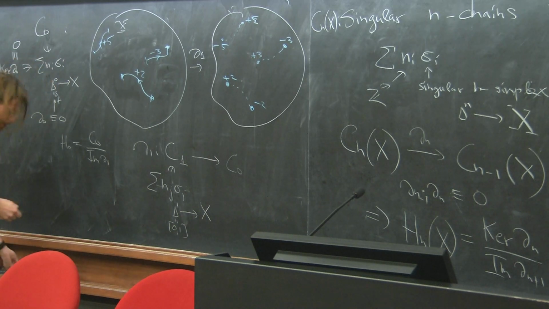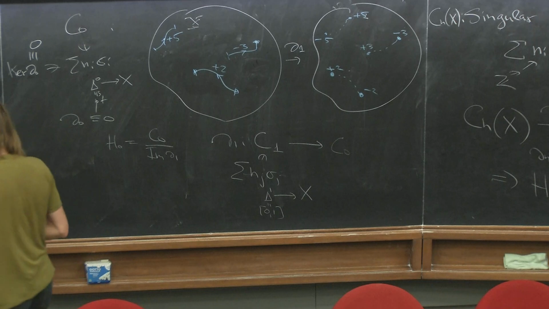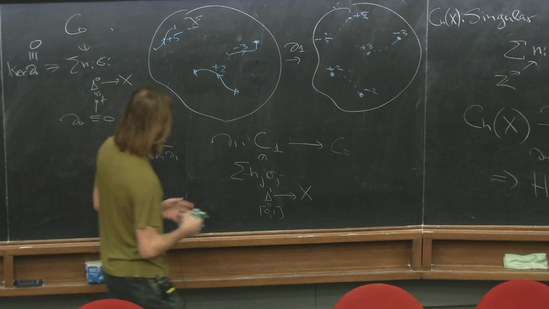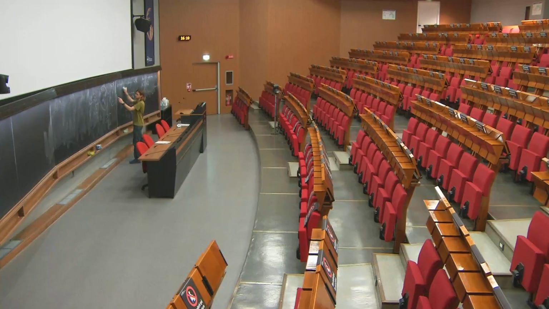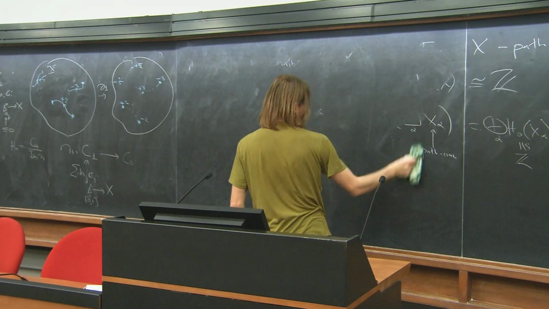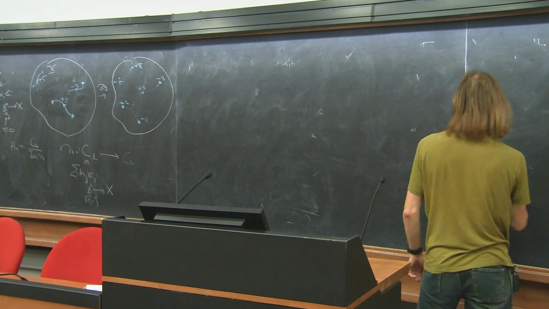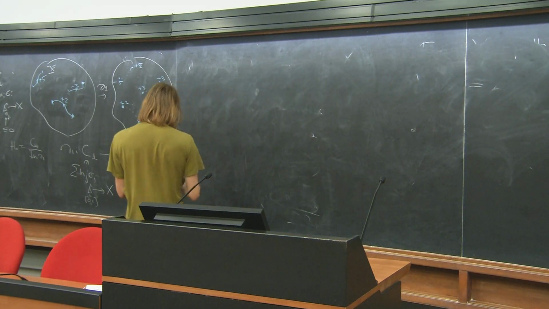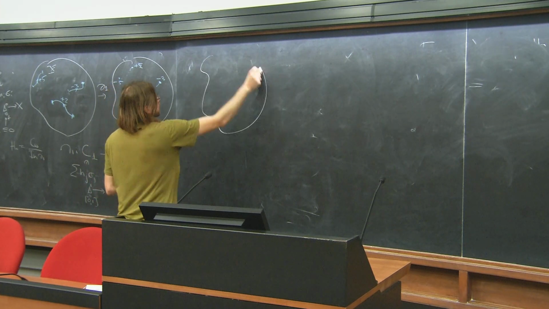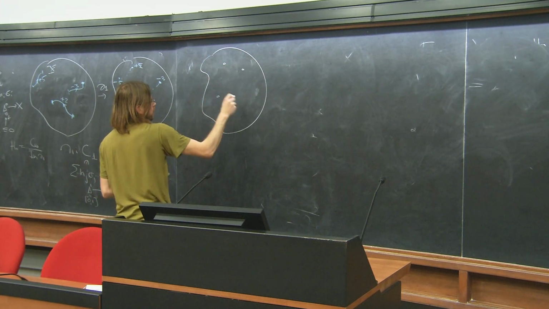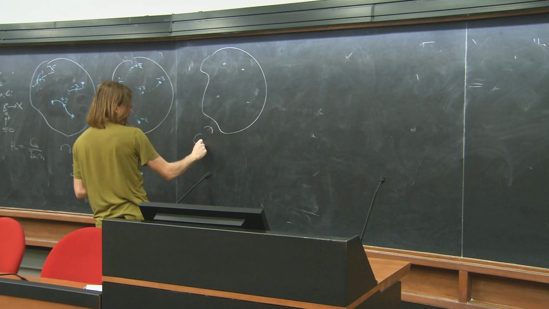In particular, this means that if I consider now the image, so what is the image of this D1? The image is generated by a pair of points which can be connected by paths and this pair have opposite weights, the points in this pair have opposite weights. In particular, if I consider some zero simplex, some element of C0,